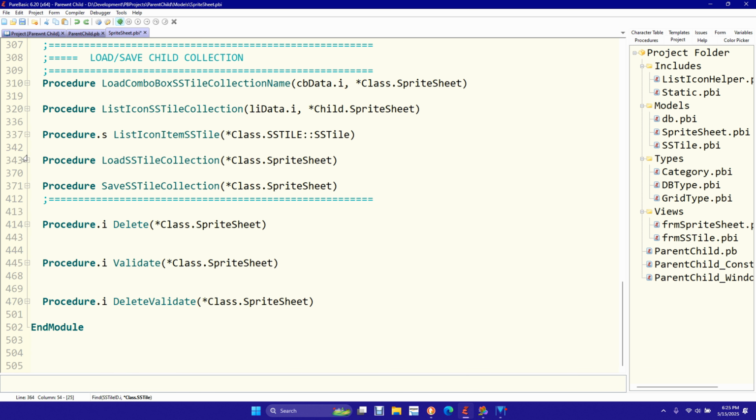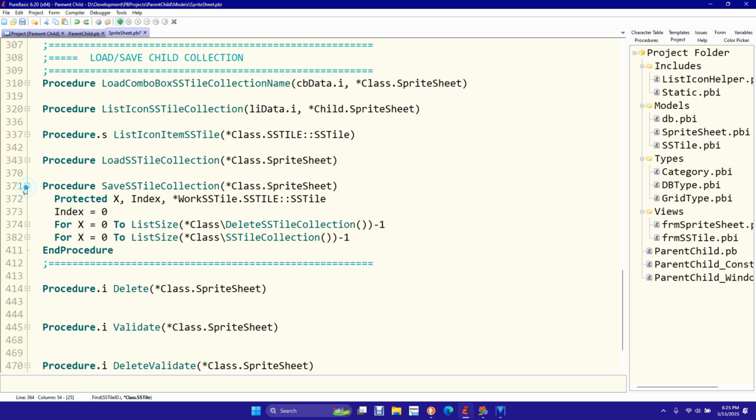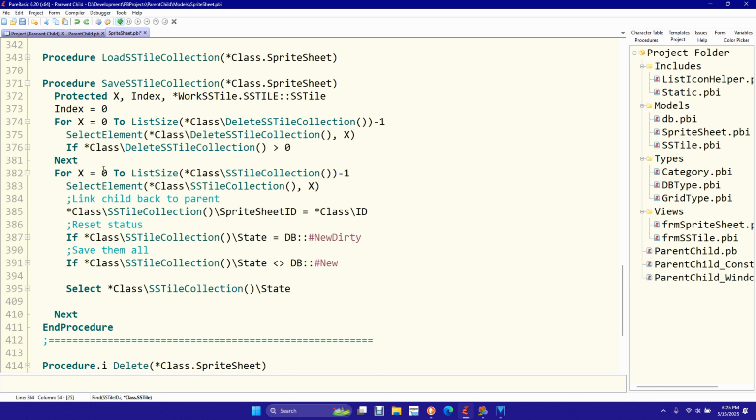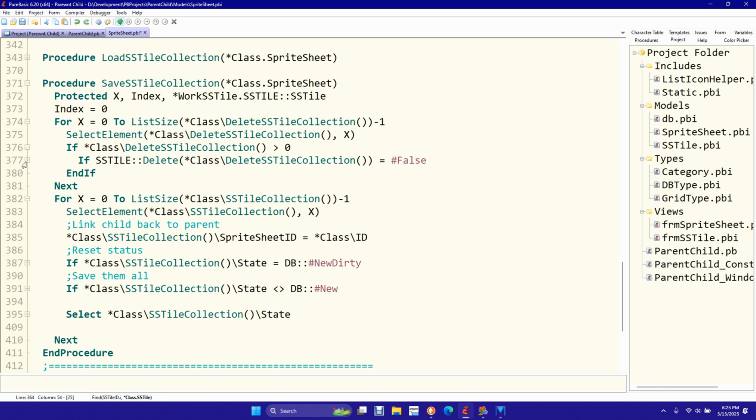Likewise, on the save, when you save a sprite sheet, tiles are children of the sprite sheet. So the sprite sheet has to be saved first if it's new, because it doesn't have an ID yet. Once he gets his ID, then he's clear and good to save his children, okay? Because children don't have the IDs until we get here either. So part of the save is when